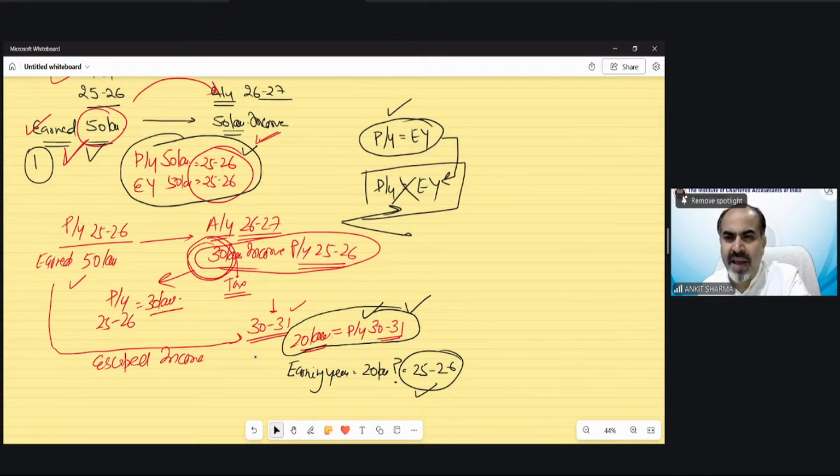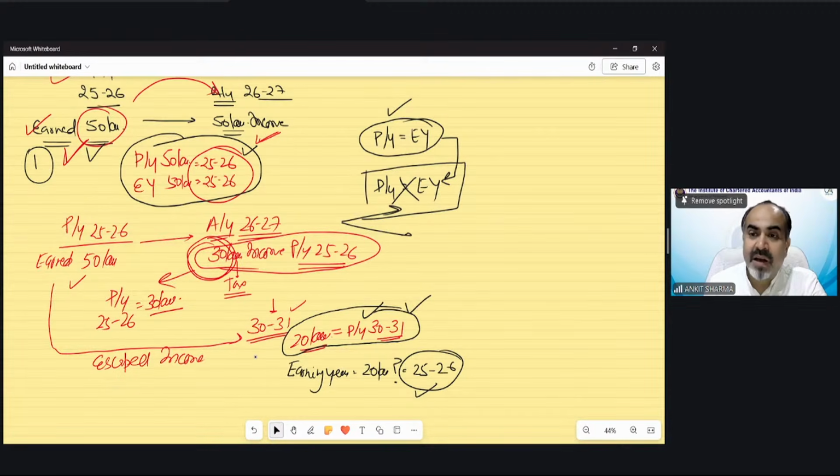So for 20 lakh, only the previous year will be 30-31, correct. And there is no concept of assessment year in case of black money. There's only the previous year, and in the same year the department will recover the tax with penalty, etc. But the earning year would always be different. In case of black money, the previous year and earning year would always be different.